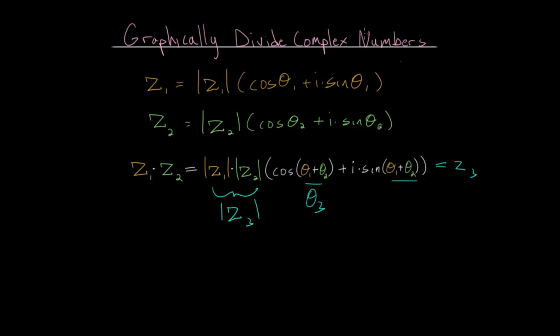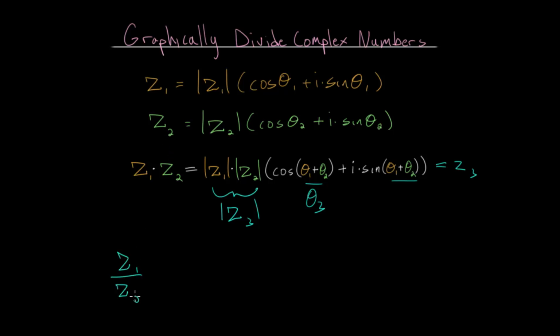And the approach for dividing complex numbers is very similar. Essentially, we would divide their magnitudes and we would subtract their angles. And that shouldn't be too surprising since multiplication and division tend to be opposites in some sense. So let's apply a similar approach to come up with that formula, where we will take Z1 and divide it